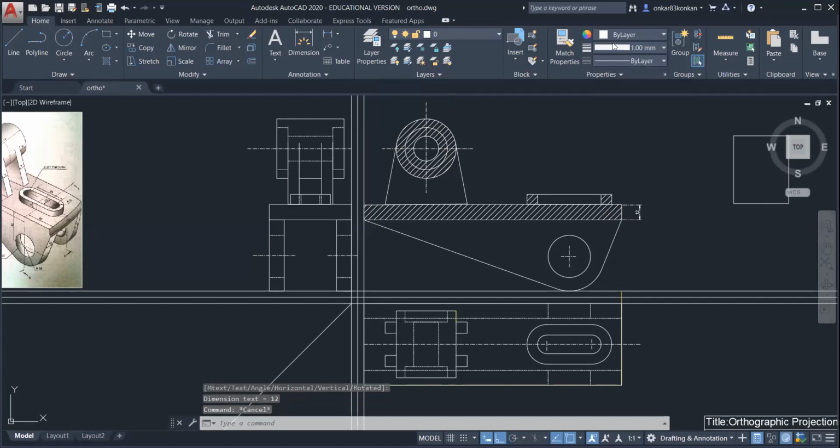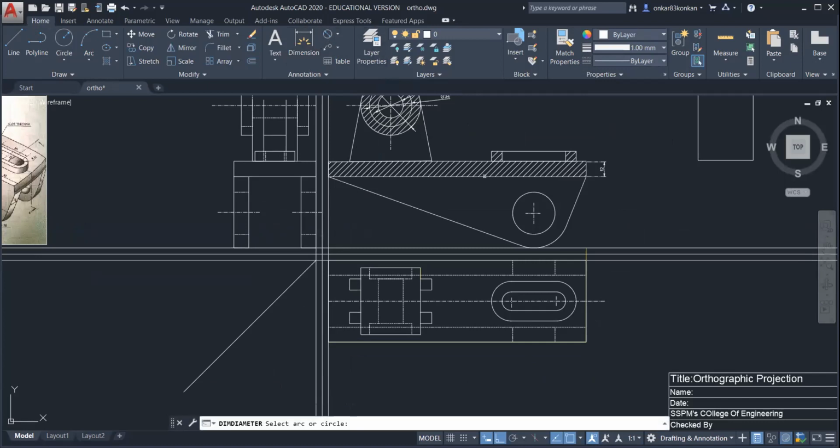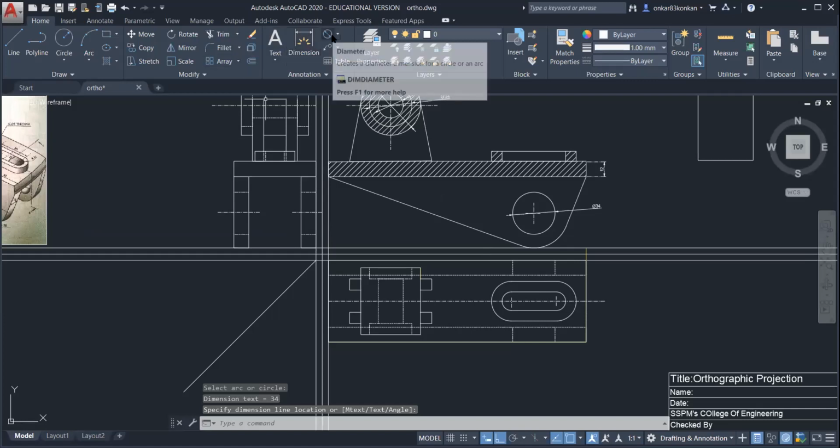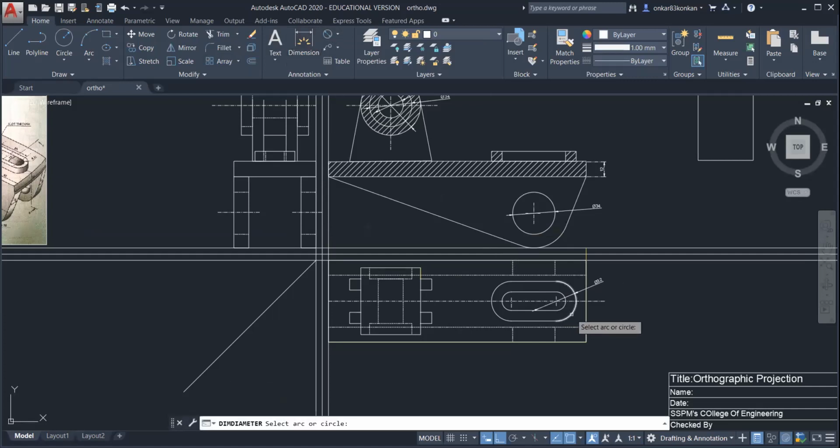First change the line type by layer. So whenever you give the dimension, just try to give the dimension outside the view. Okay.